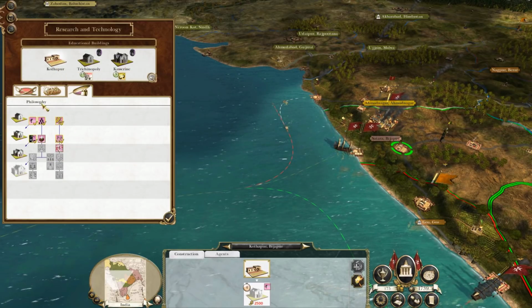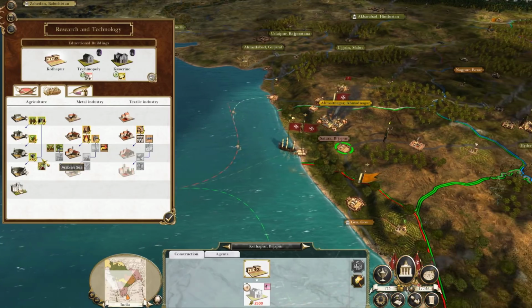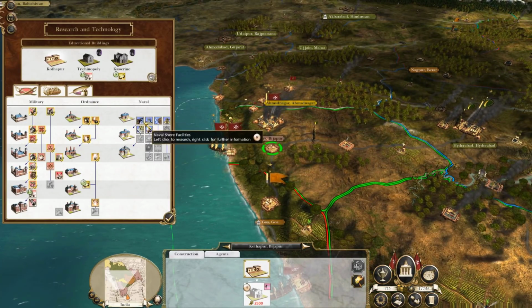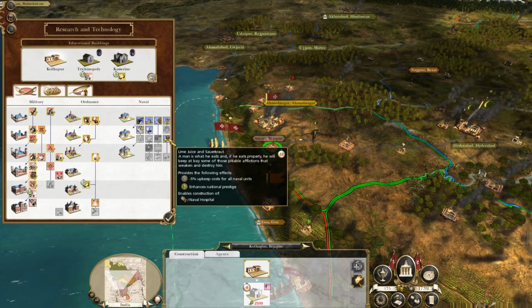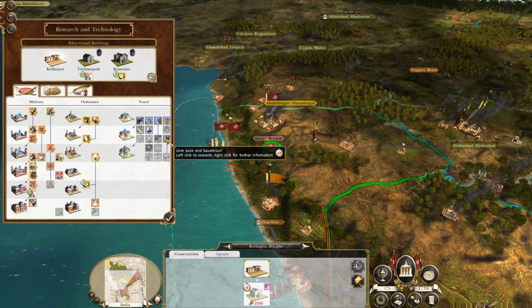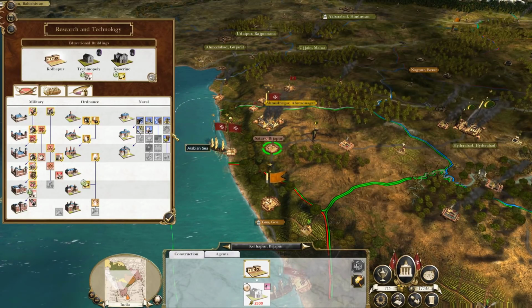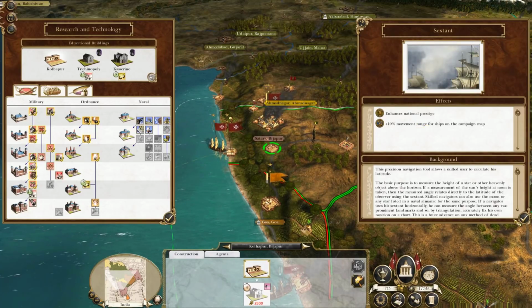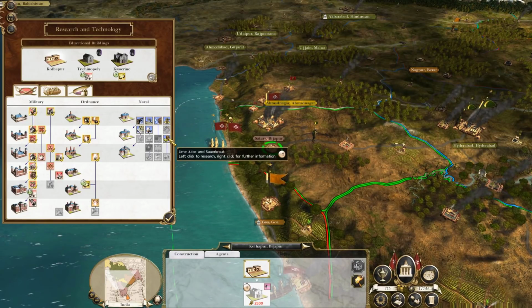We can get some research going here, which is good to see. I think with India being... But we do need to get our ships up and running here. Now we could get this lime juice and sauerkraut, which will give us a native hospital, so we might go down this tree here. What does longitude and watch need? We might move down to Sextant here to try and get